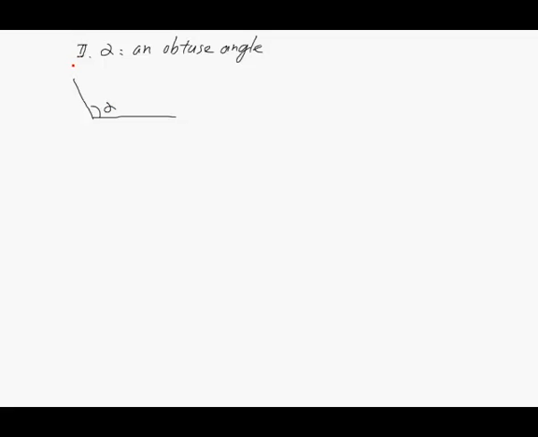This is alpha, this is A, so this is B, and case 1 is if A